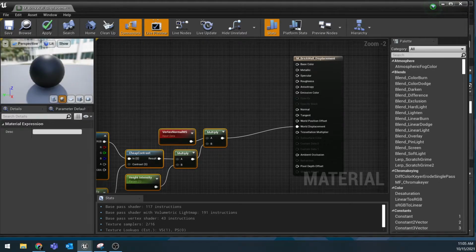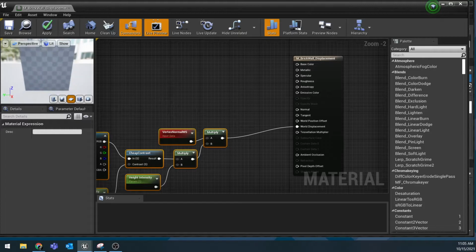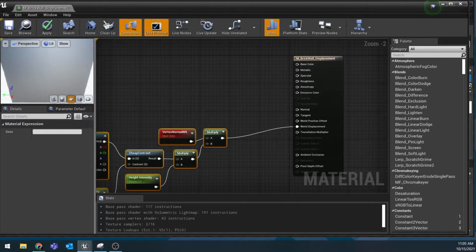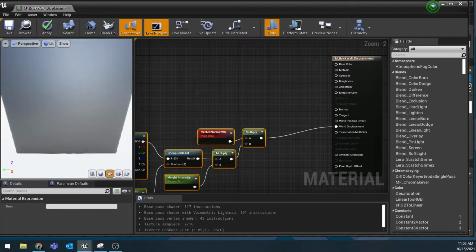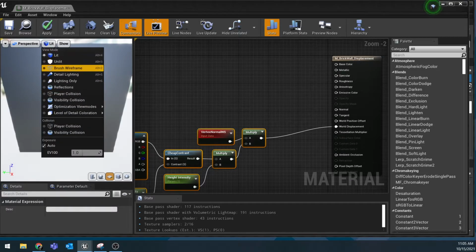I don't think you can see anything yet on here. Oh, just a little bit. It's kind of hard to see until we get some more stuff going, but we're going to be able to see stuff happening soon. So I'm going to make this a little bit bigger. Okay, so we have our world displacement, but what this is actually going to be doing is moving our vertices on our object. And if I change this to brush wireframe,